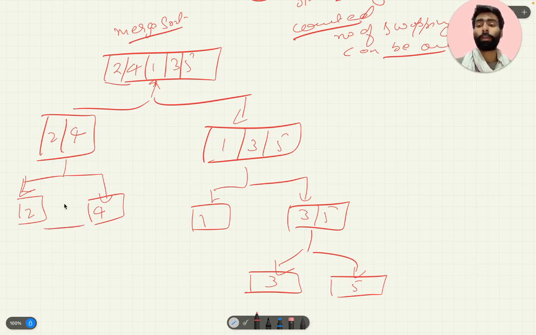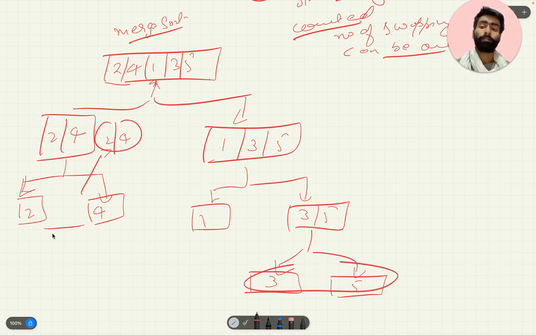After dividing into single elements, we do the swapping wherever required. Here no swap is required, so we will merge it back as 2 and 4. While merging, the point that is taken care of is, if we merge this with this, do we require any swap?